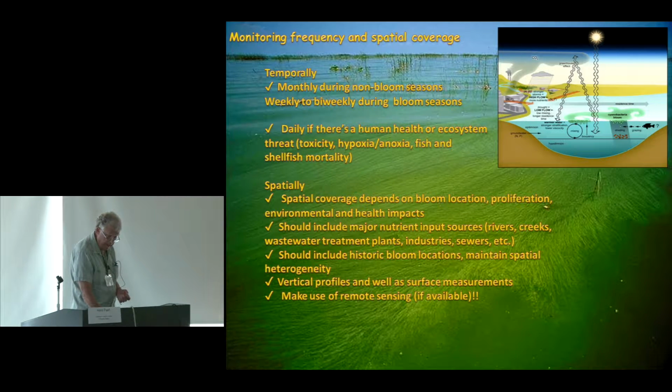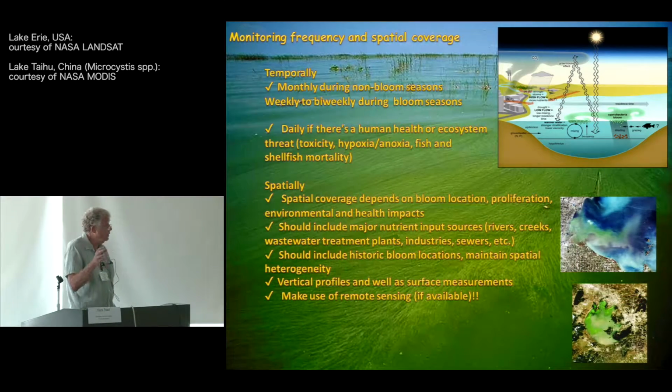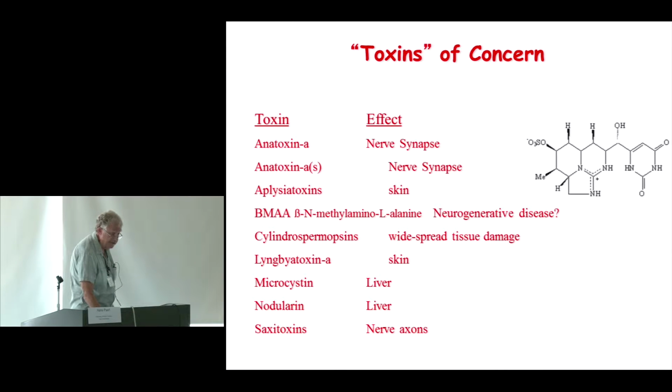One thing that's really important, now I'm going down to the bottom part here, is to link these parameters to remote sensing. We now have satellites that are everywhere to be able to link issues like chlorophyll, which gives us an idea of biomass, turbidity of the water column, to remote sensing capabilities. So we should all look for potential links to remote sensing to make these links.